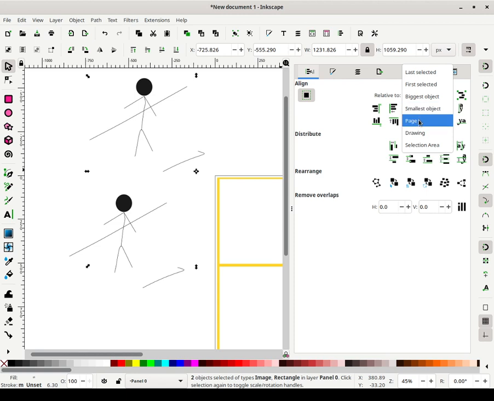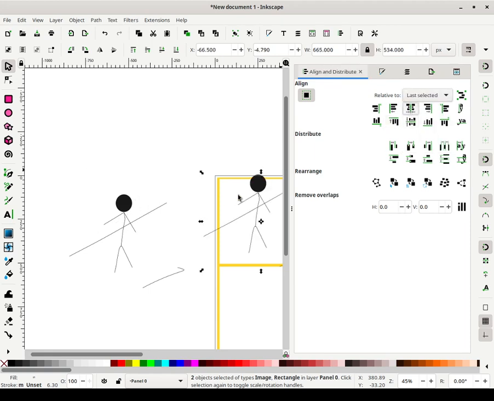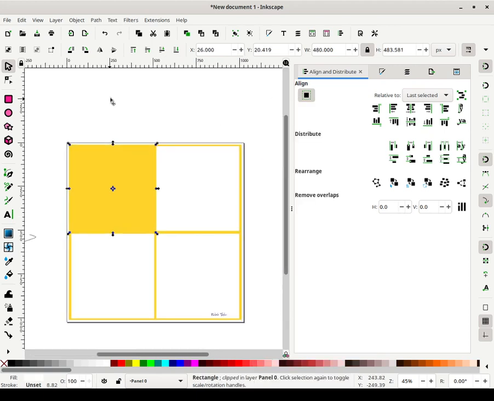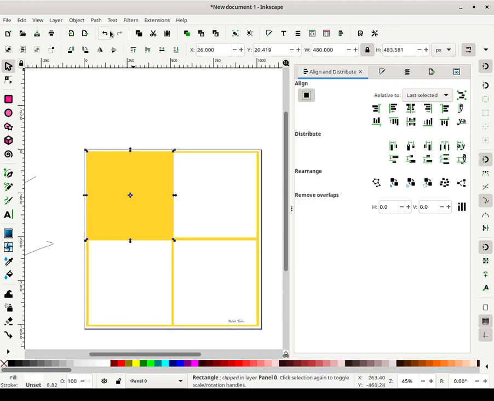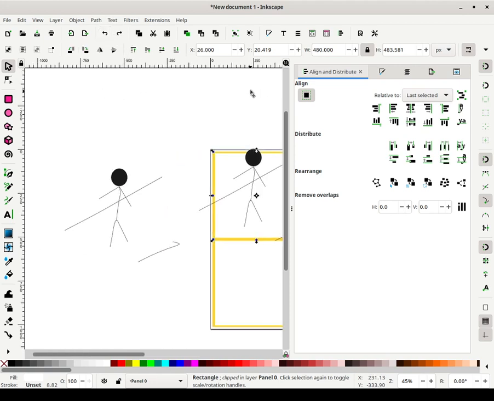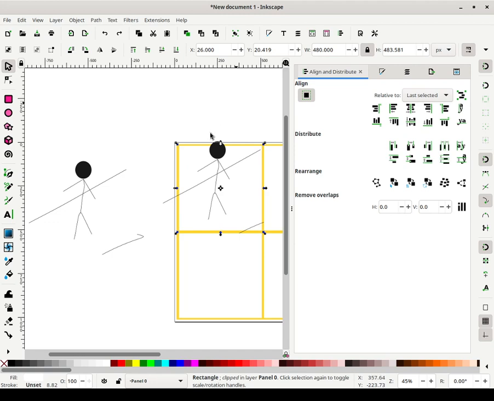So if you set clip and it doesn't work like you need, move it off to the side of the canvas, export selection, import the PNG, and then just align. So align to last selected, and oh, you know what my mistake is? I now remember what my mistake is, because this here is, yeah, that's my problem.